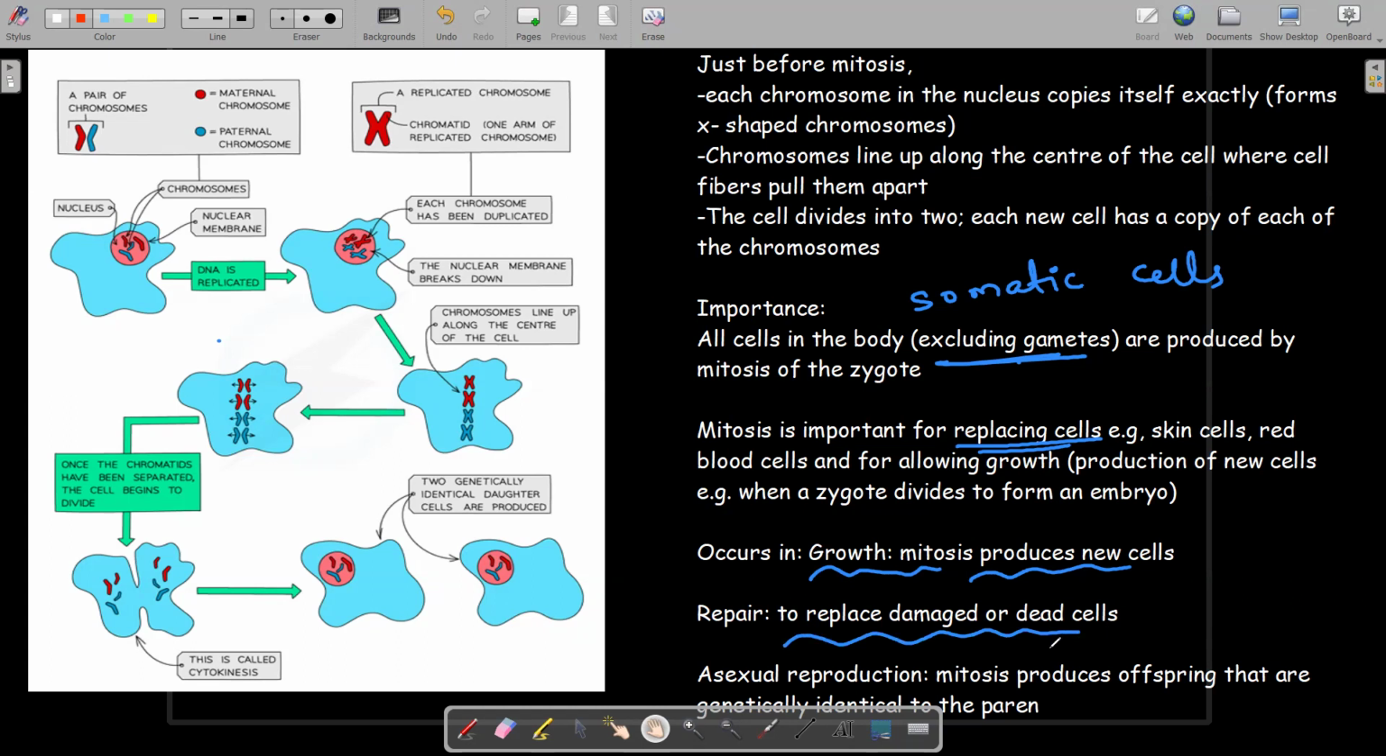Not only here, even wherever you see asexual reproduction happening, we have the process of mitosis happening there, where they produce offspring genetically identical to the parent. So this is for today. In our next video, we'll discuss what is